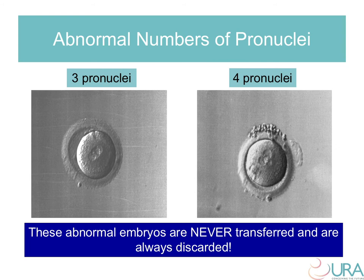A normally fertilized egg should contain 2 pronuclei, but this does not guarantee a normal number of chromosomes, since it is possible that each pronucleus may contain too many or too few chromosomes. However, we know that an embryo containing any number of pronuclei other than 2 is definitely abnormal and cannot become a normal healthy baby. This can be caused by polyspermy, in which 2 or more sperm penetrate the same egg,